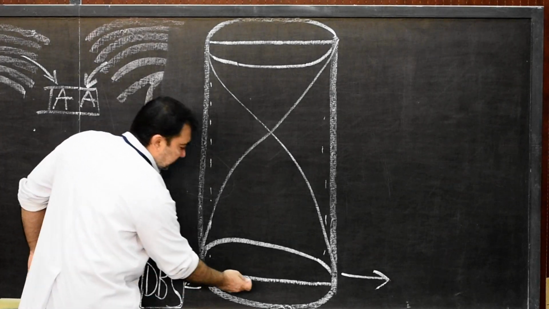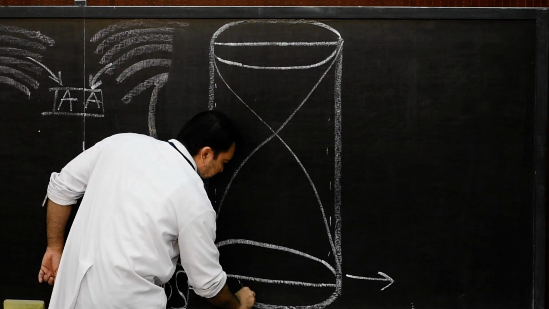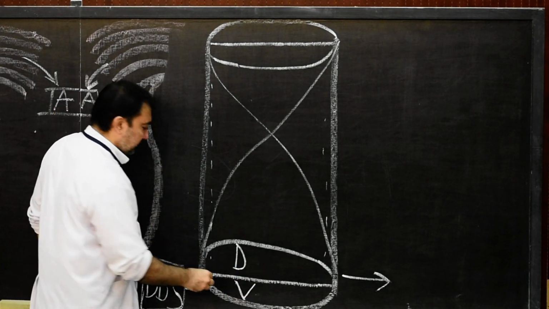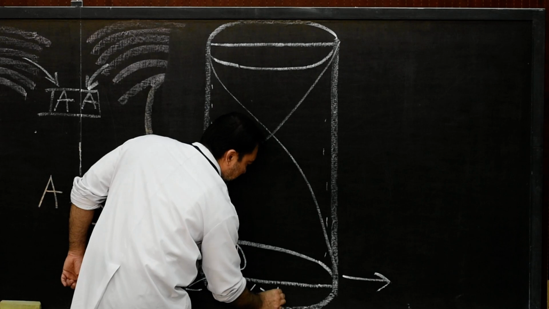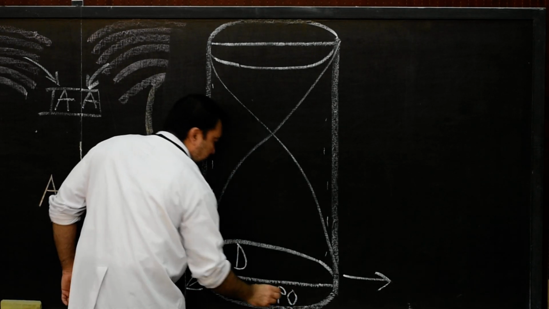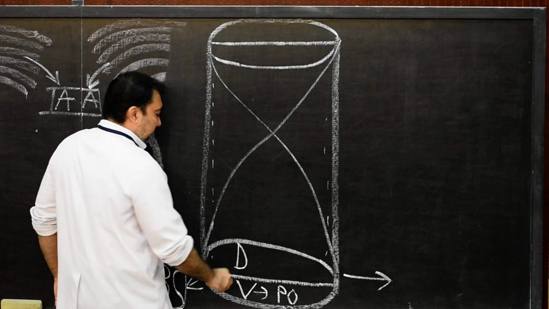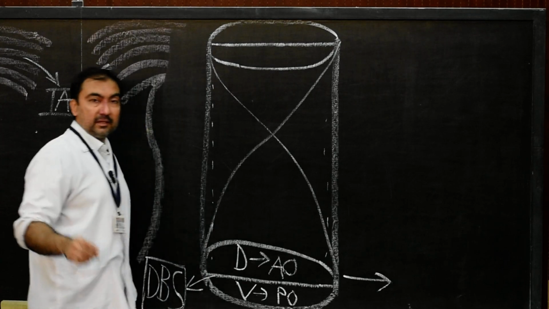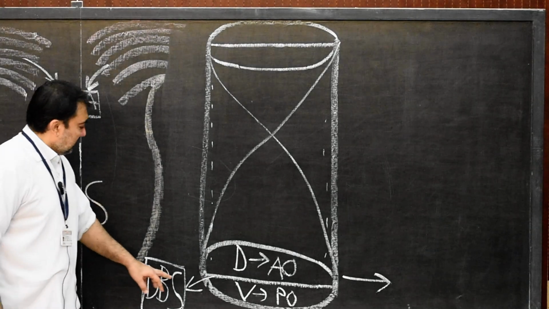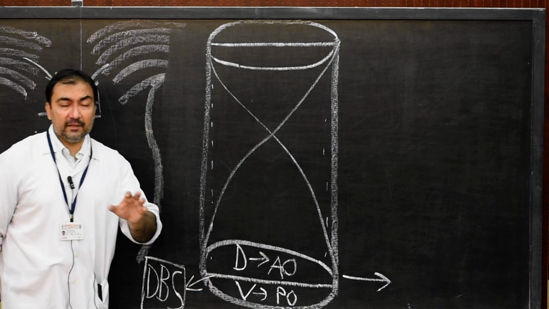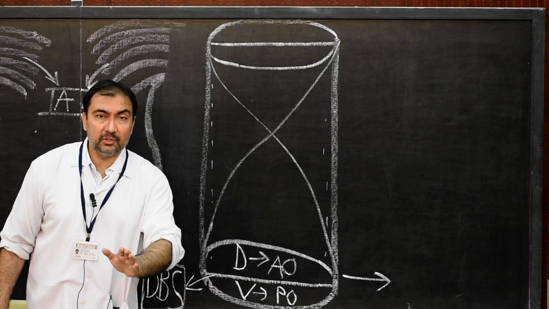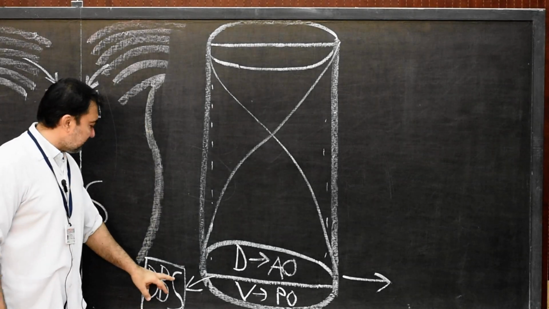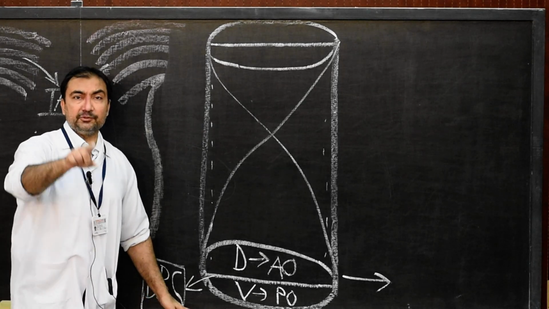And what was this ventral? Supposing this is ventral, this is dorsal. The ventral orifice was known as which orifice? Pulmonary orifice or pulmonary opening. Dorsal orifice was known as aortic orifice or aortic opening. So therefore, distal bulbar septum will divide the truncoconal junction into ventral pulmonary orifice and dorsal aortic orifice. And we have already discussed that this distal bulbar septum lower down is continuous with which septum?